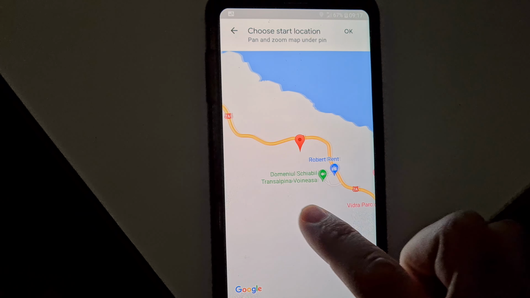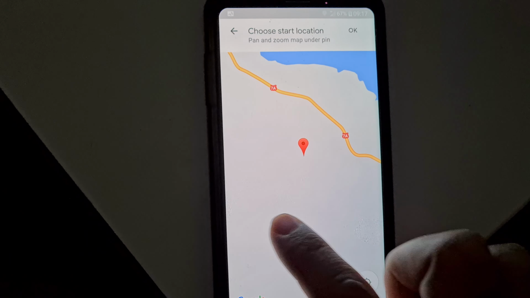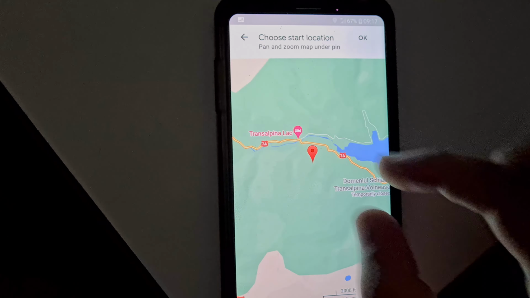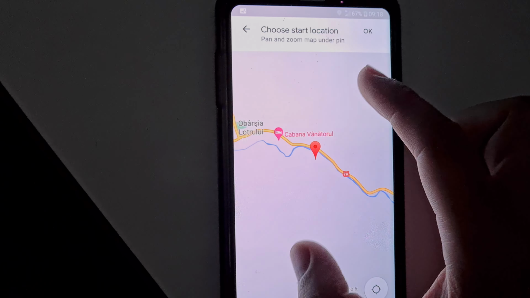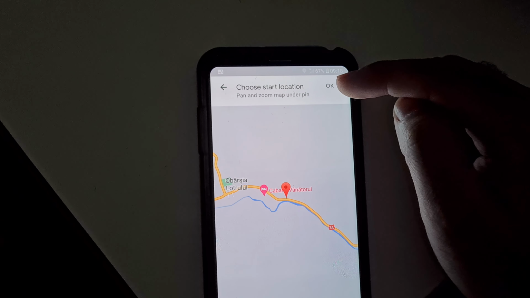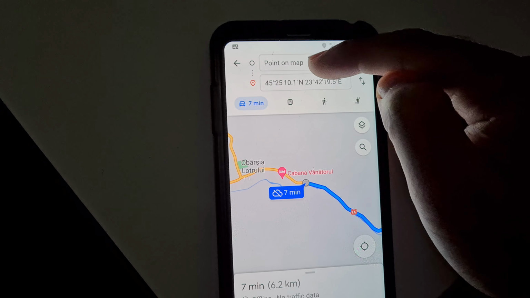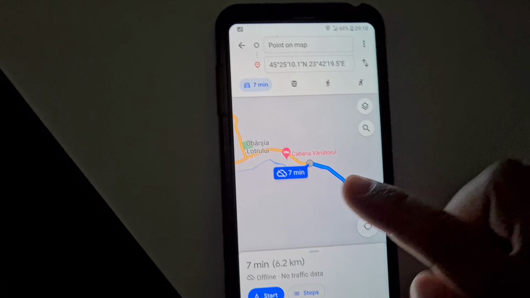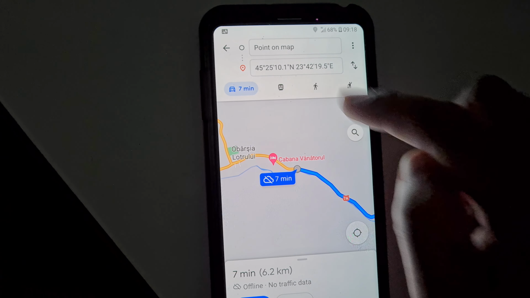Okay, and now if I move the map, notice that location thing stays in the middle. Zoom out, and let's say I want to start from somewhere there. You can zoom in also. And here's the OK button in the corner. And now we define the first point by moving it with our fingers, and we define the second point by